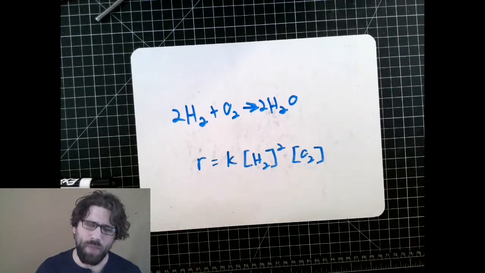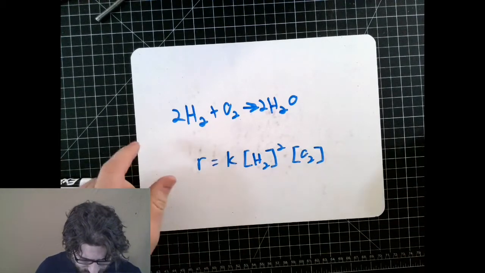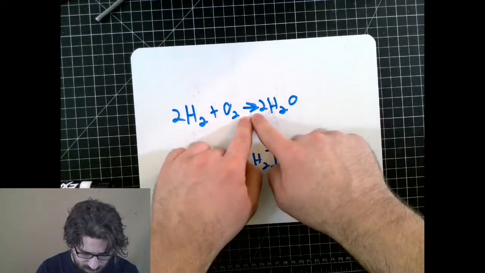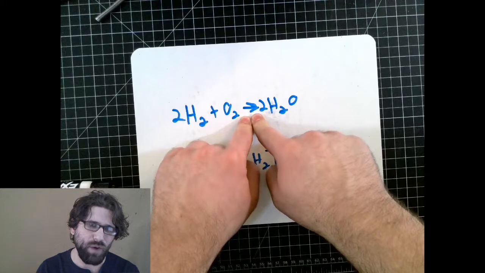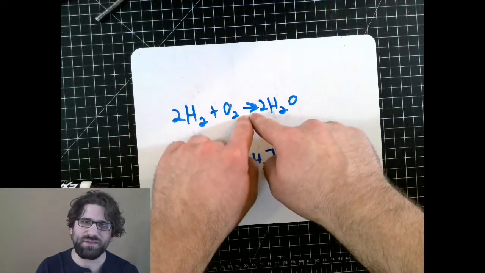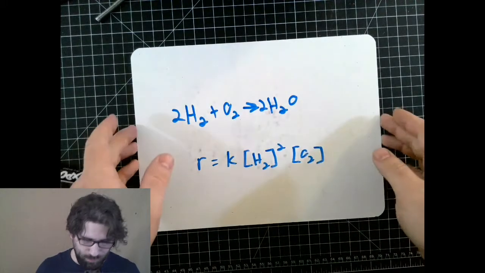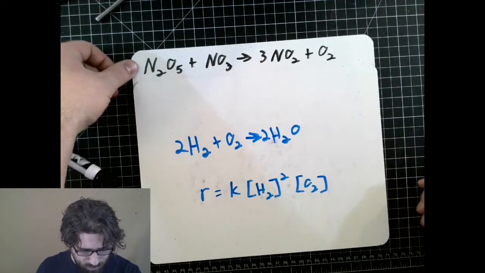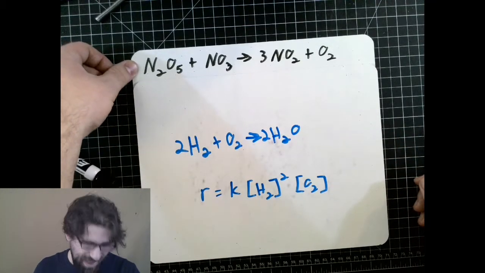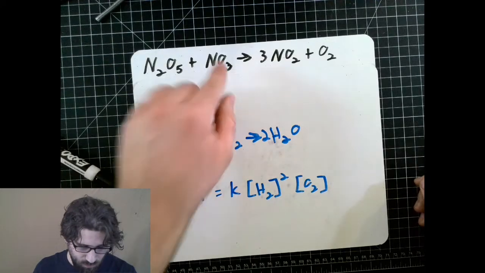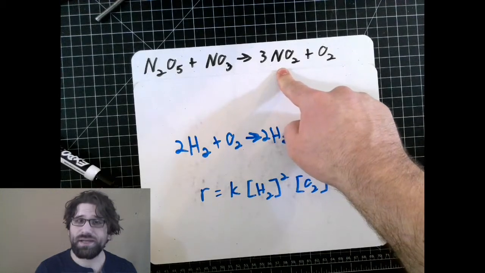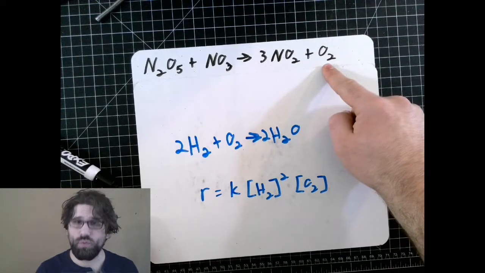Why is that? Well, the reality is that even if this is what our completed reaction looks like, there could be intermediate steps that we're not aware of happening inside this arrow. Let's look at an example of that. A common reaction could be dinitrogen pentoxide, N2O5, reacting with nitrogen trioxide to form 3 nitrogen dioxides and 1 molecule